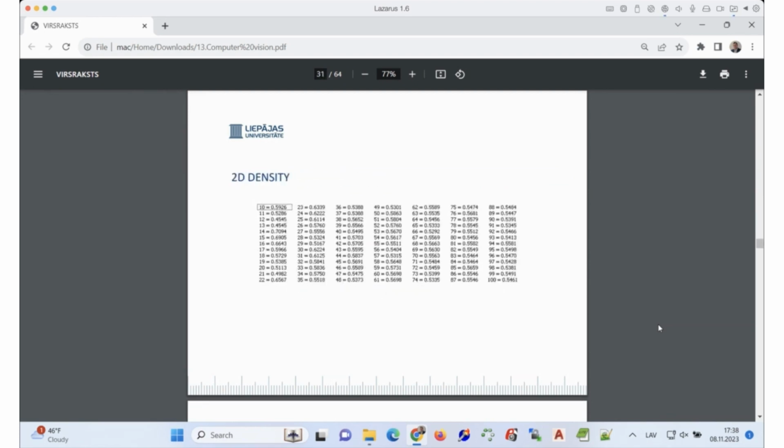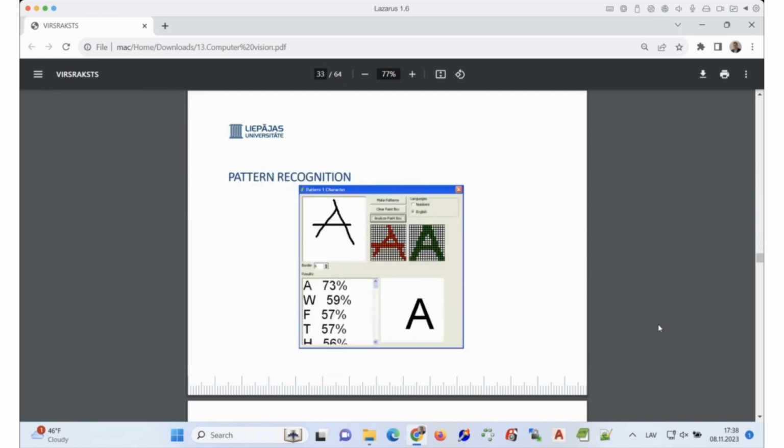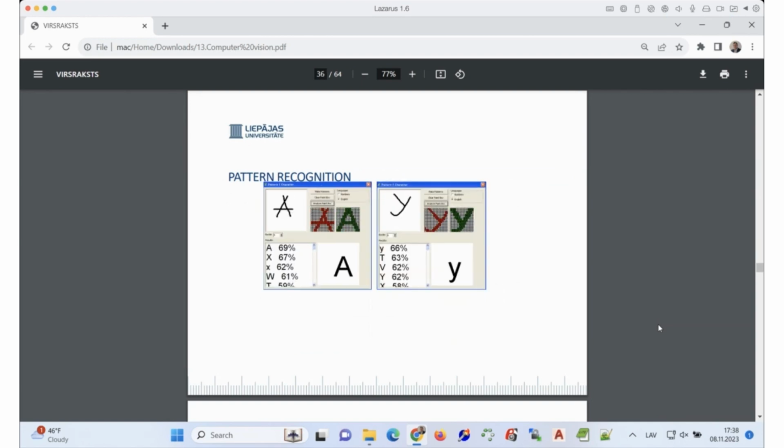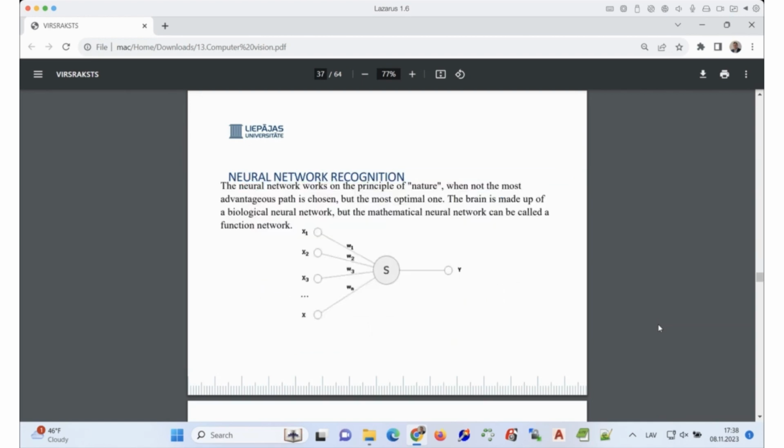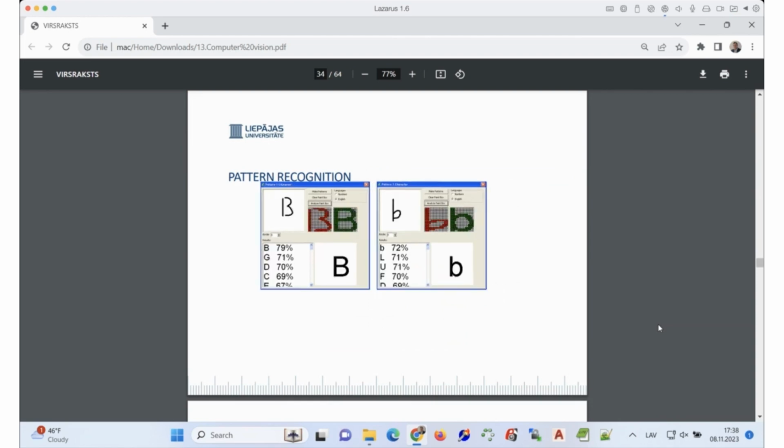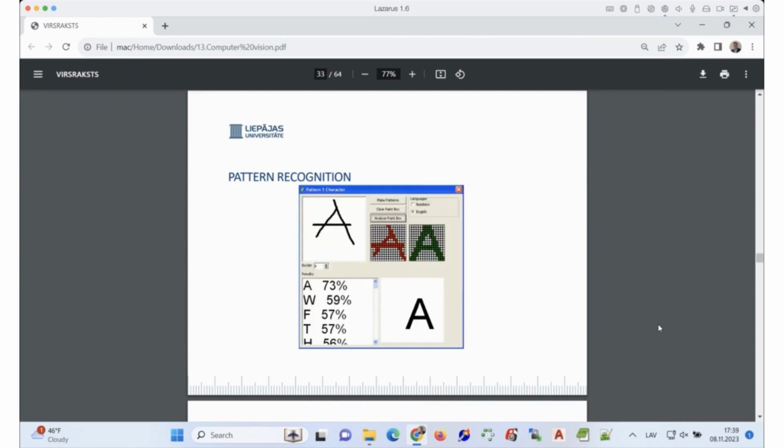We even have screenshots of the application. Afterwards, I will show you that application. Literally we can draw symbols and we can see results. Okay, maybe it's time for showing this.